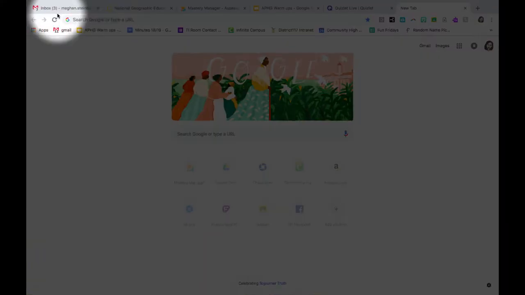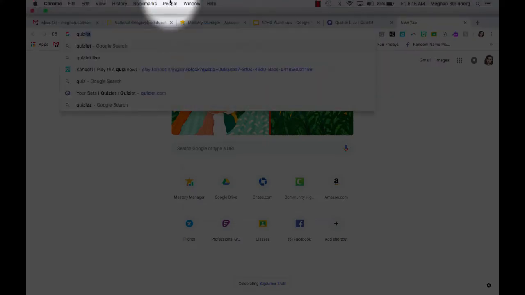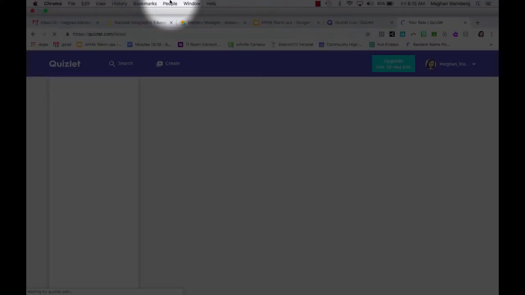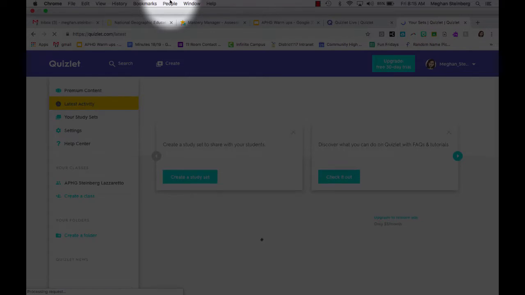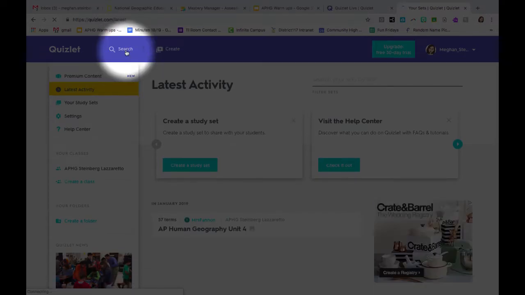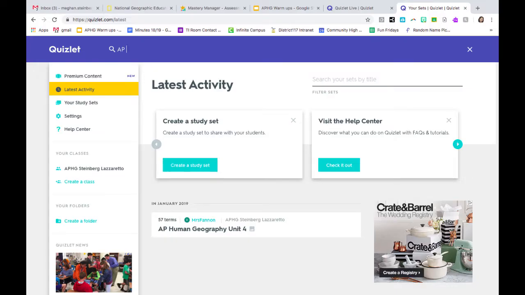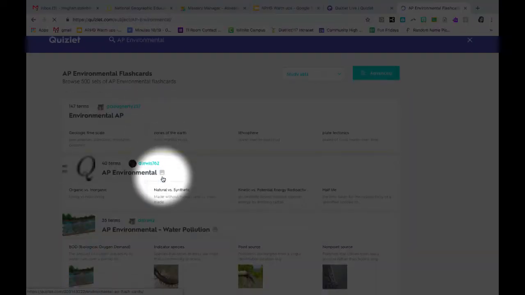So Quizlet Live is another one. It's a great review tool. I've used Kahoot, I've used other ones, and Kahoot's fun and it's individual and it's competition. Quizlet Live is also a competition, but they work in groups. And it's super easy to use. I can literally search for a chapter in my book on Quizlet, find something that another teacher made, or I can make my own, but it's easy to get other ones that have already been made,